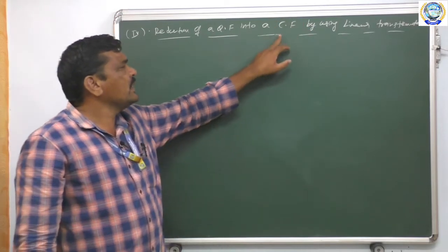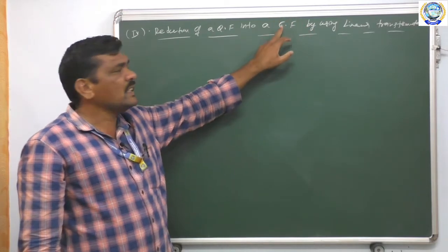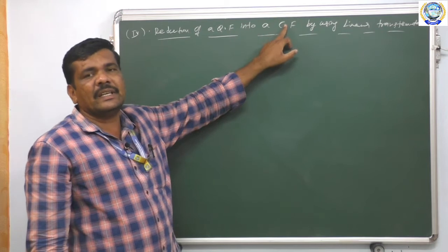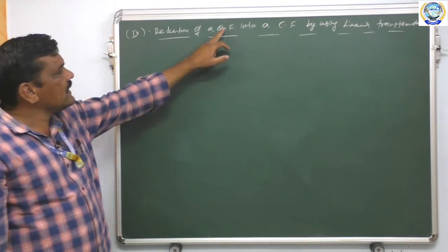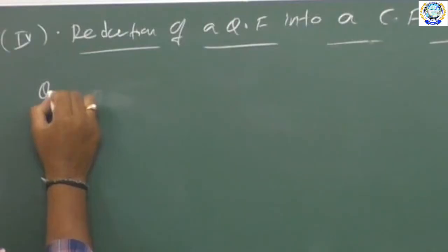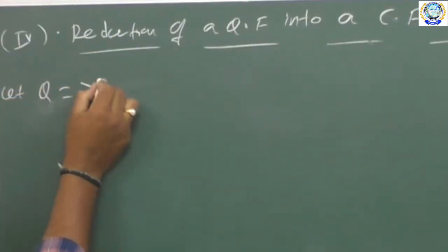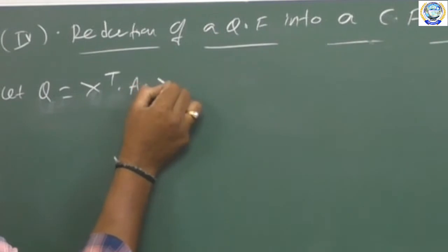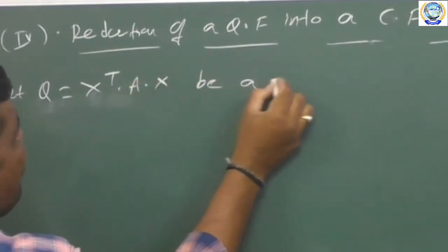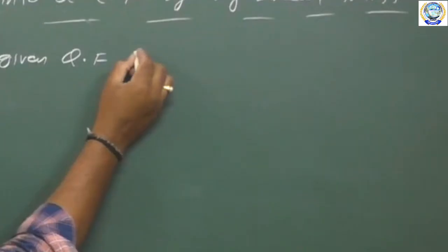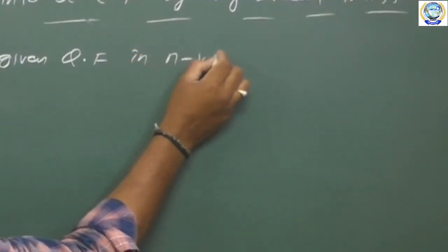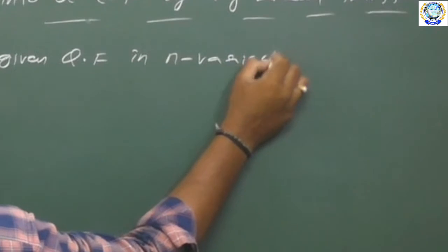Canonical form means it is also a quadratic form. That quadratic form contains only square coefficients. Okay, first let us take the quadratic form Q is equal to x transpose into A into x, be a given quadratic form in n variables,